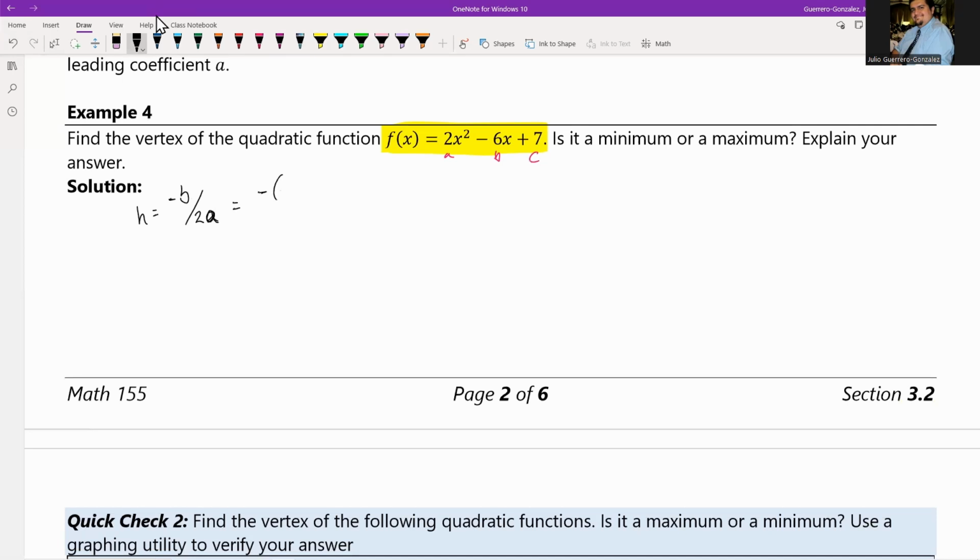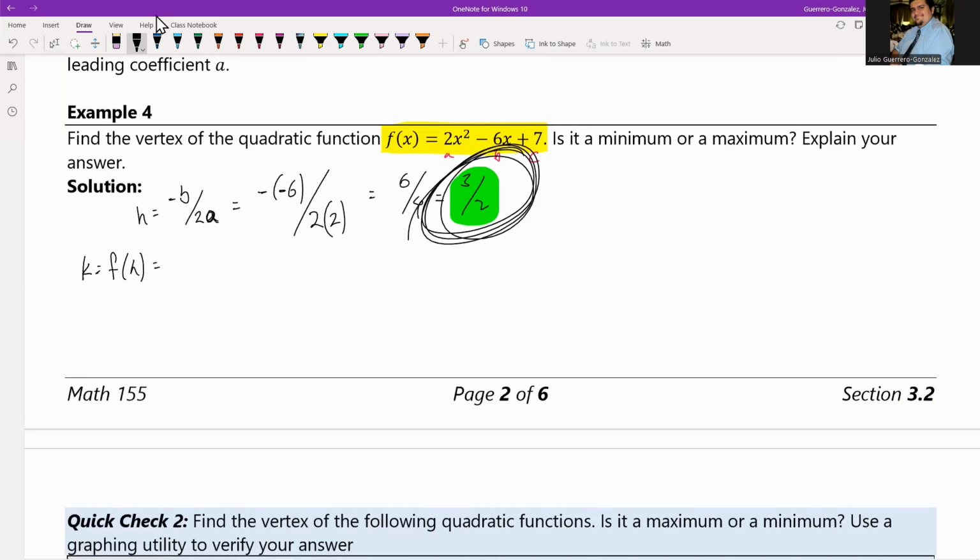So this is going to be minus a minus 6 all over 2 times my a, which is a 2. So this is going to be a 6 over 4, which is equivalent to 3 over 2. We are done. That's our h. For k, that is f of h. So I'm going to grab my h that I found and plug it into my formula, to my f. So this is going to be f of 3 halves,